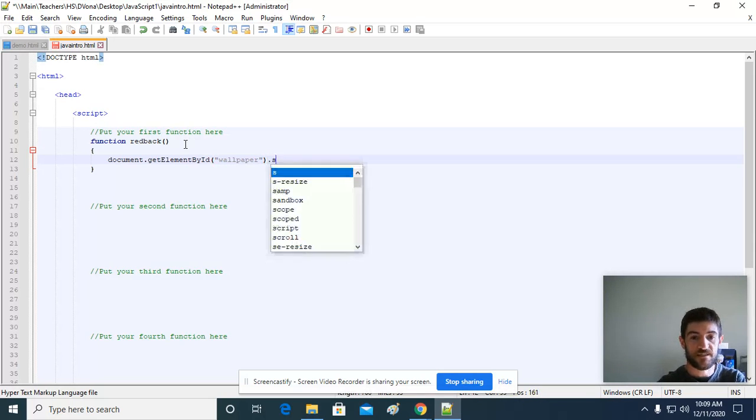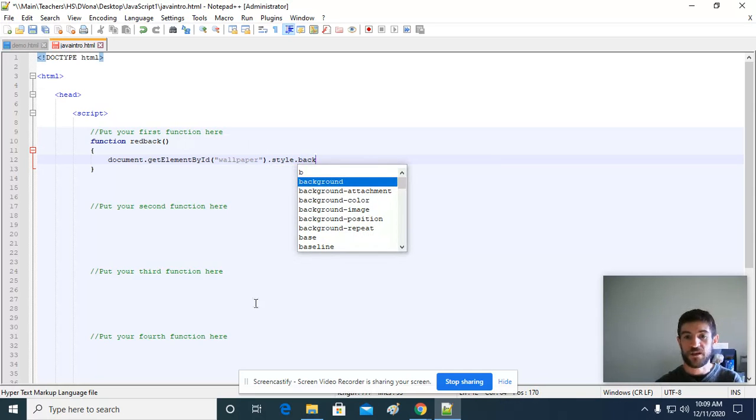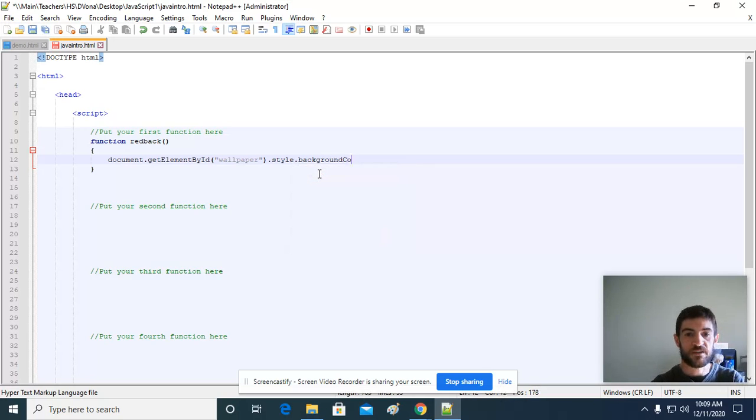Then it's going to be .style, .background. Now, if you're somebody that's been using this autocomplete, you've got to get out of the habit of that a little bit because the autocomplete puts in the hyphen, and we have to get rid of the hyphen. So background color equals, and then we're just going to put the word red inside of quotes, and then put a semicolon at the end of our statement there. All right. Once you've got that, you can click Save,